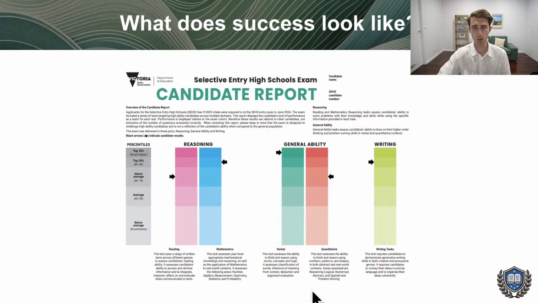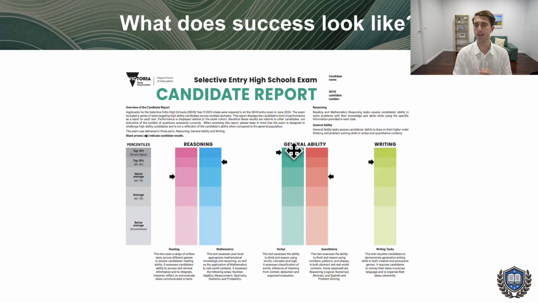Now, what we want to aim for, just like this student here achieved, is a top 10% score. We want to be in the top 10% out of all the students sitting this section, which just means that for each section of the exam, they rank everyone's scores from best to worst. You want to be in the top 10%, because if you do that, that's going to give you the best chance of getting into a selective school.